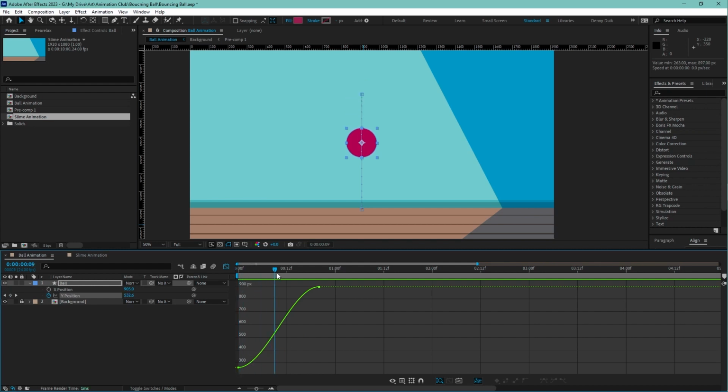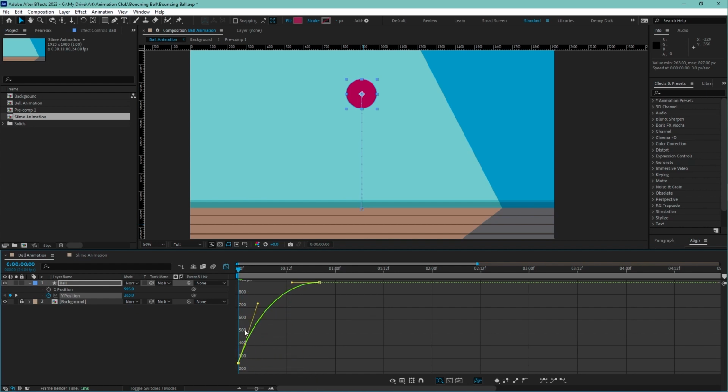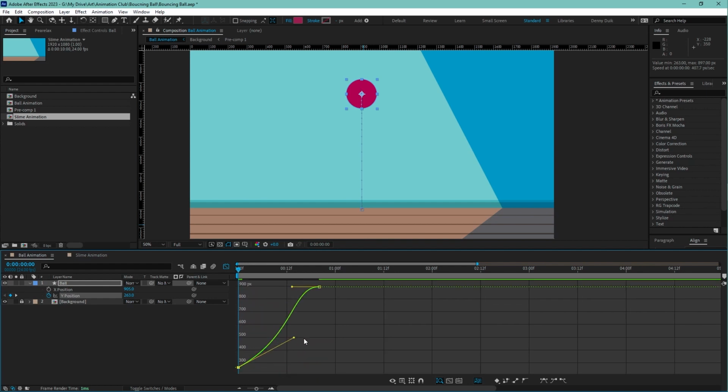I want to make the beginning slower. As a demonstration, I click here. It pops up a handle. This handle is used to manipulate the graph, just changing it. Very cool. You can